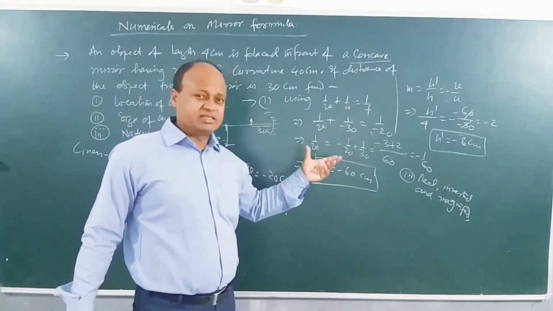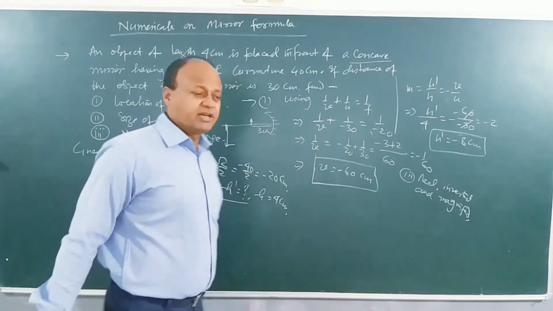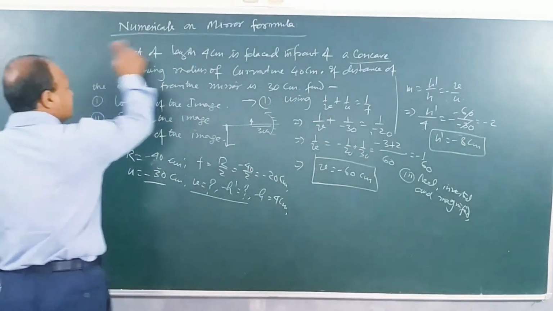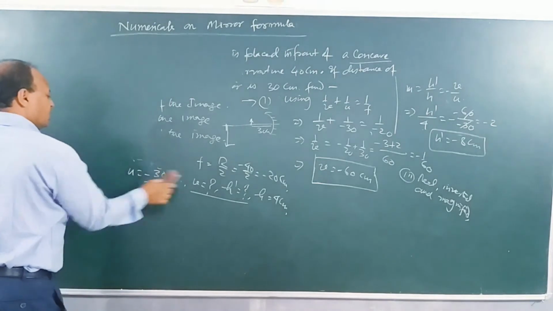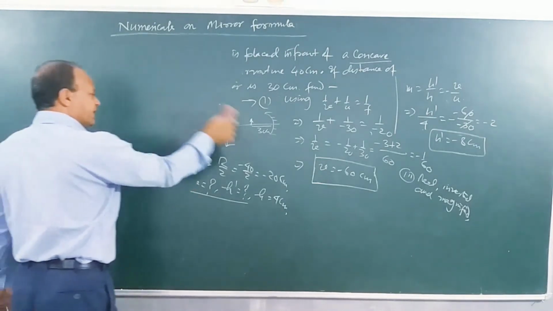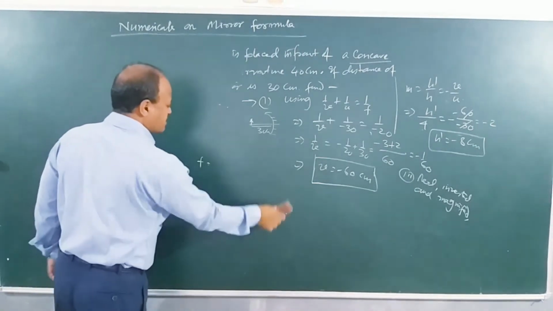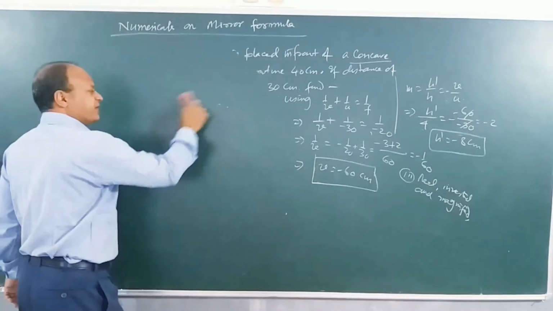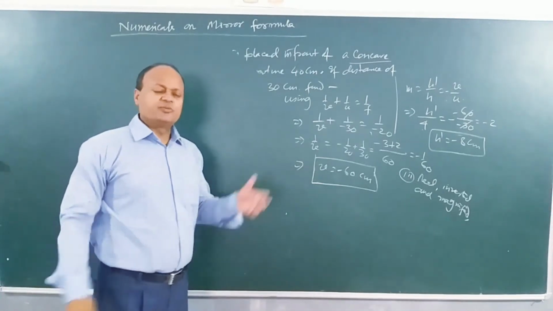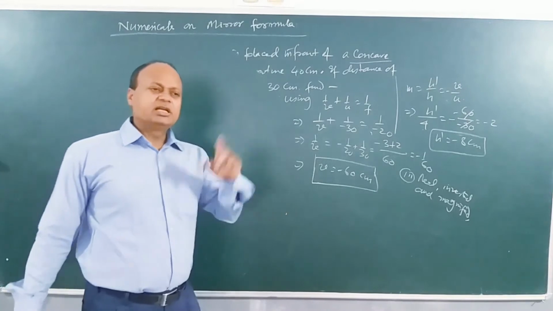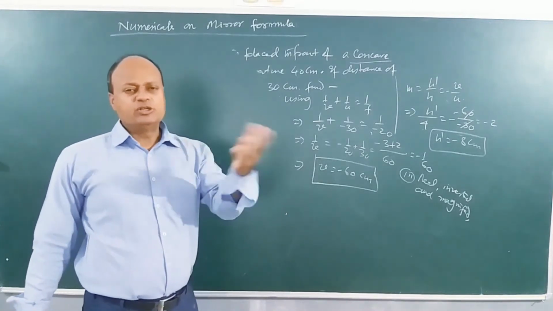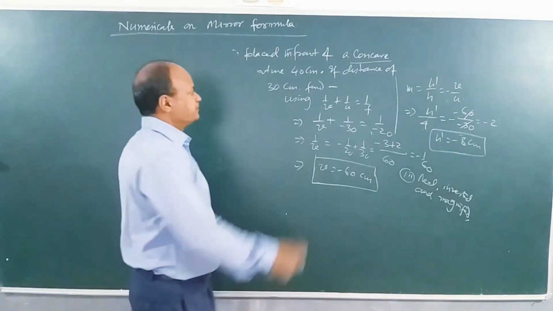So they will give simple problems like this in the exam, and you should be able to use this mirror formula very easily. Now there is another type also that we get, a very simple one. Children, radius of curvature is given and you have to find the focal length. So if you are given the radius of curvature, f will be equal to r by 2. Use the proper sign convention.